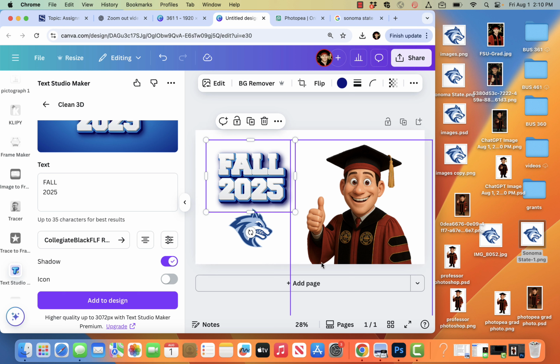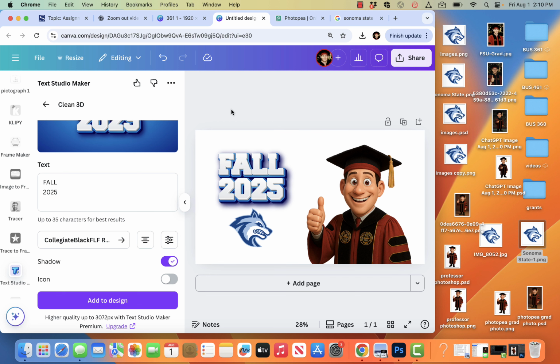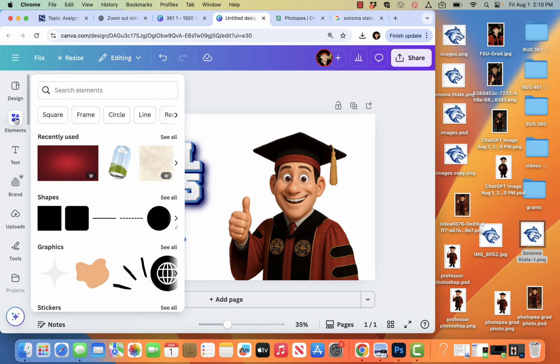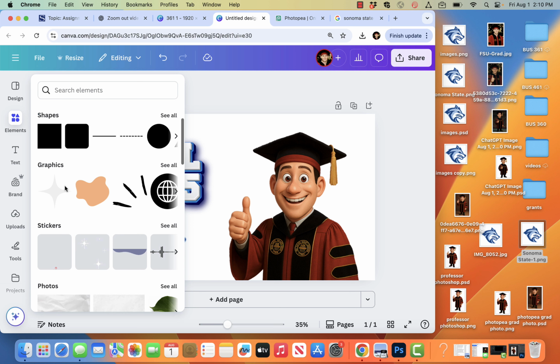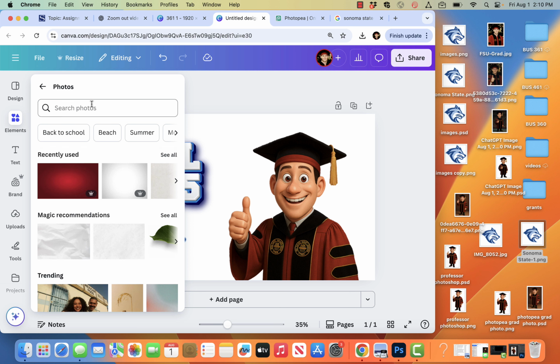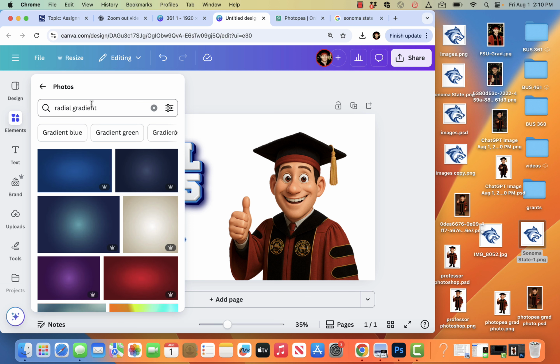And I think I might want to add an outline because that's what's popular on YouTube. And then I want to add a gradient in the background. So let's put that gradient in the background by going to search for an image. Scroll to the top, elements, photos. I use that red one. Let's see here, photos, and radial gradient. I just want it to be kind of light in the middle,